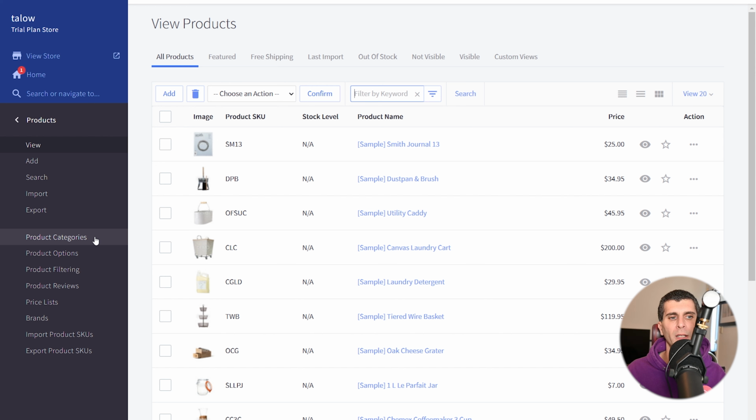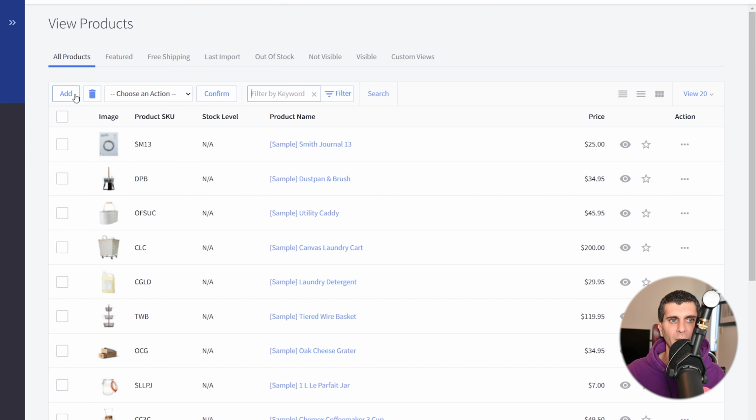Additionally, we have product categories, options, filtering, reviews, price lists, brands, as well as import and export for updating by SKU. We'll go through each of those separately in different lessons. Right now, we're going to take a look at adding our first product. So we're going to go over to the Add button, collapse the left-hand menu,